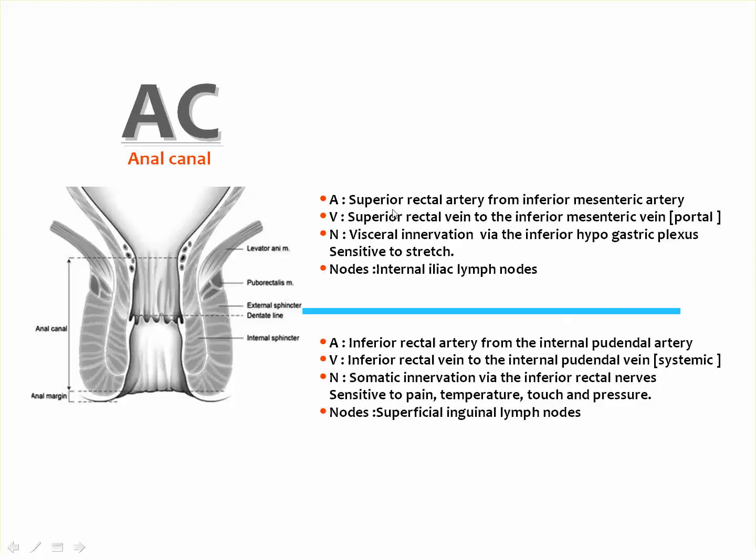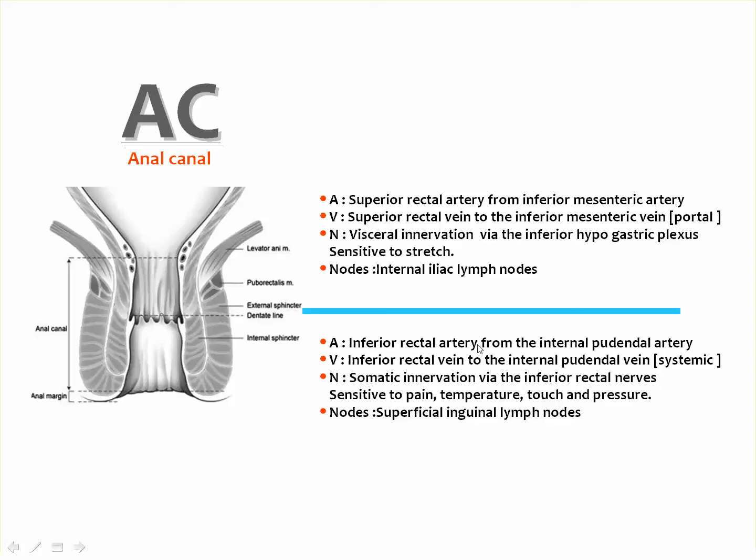The arterial supply for the upper part is from the superior rectal artery, which is a branch from the inferior mesenteric artery. And the venous drainage goes to the superior rectal vein, which goes to the inferior mesenteric vein, and this is portal circulation. The nerve supply is from the visceral innervation of the inferior hypogastric plexus, which is sensitive to stretch. And nodal drainage is to the internal iliac lymph nodes, while the lower part is supplied by the